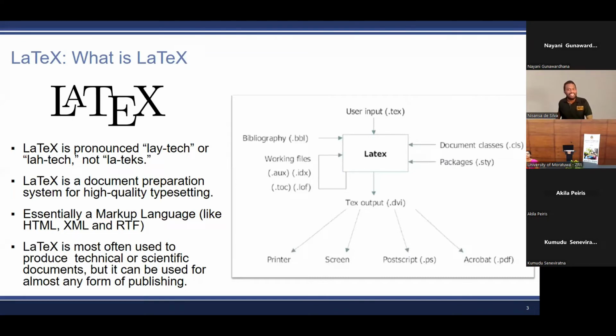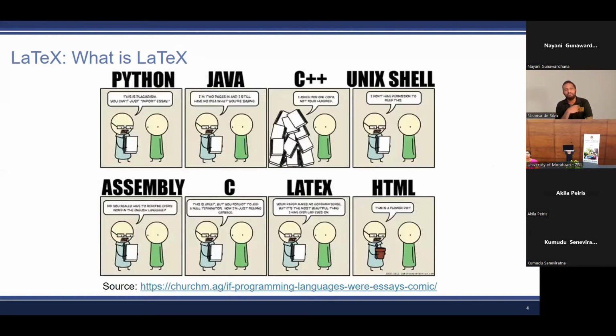Yes, working with larger documents, I would say, is easier with LaTeX. If you have a lot of figures and tables, this is definitely better than using, let's say, the Office package, to name something. This would be a much better alternative for that. Of course. So now, again on the question of LaTeX, this is a comic that I have found.